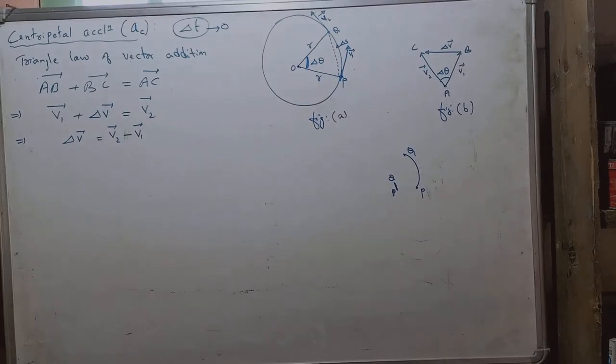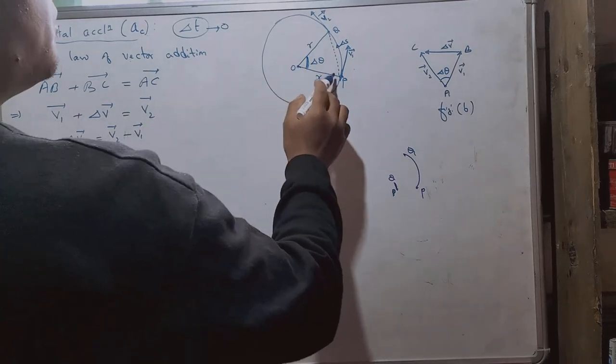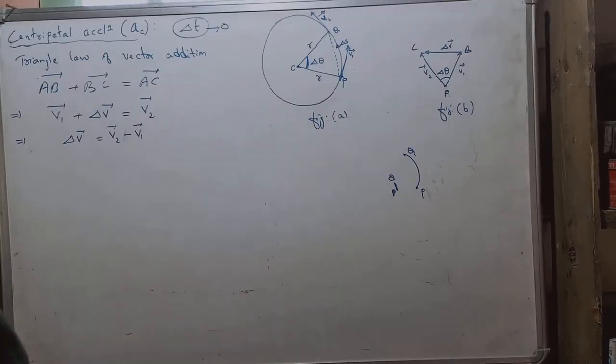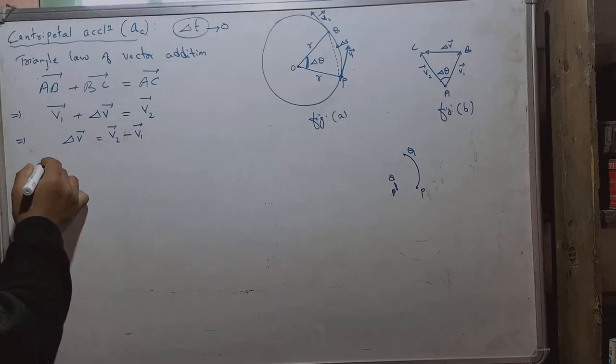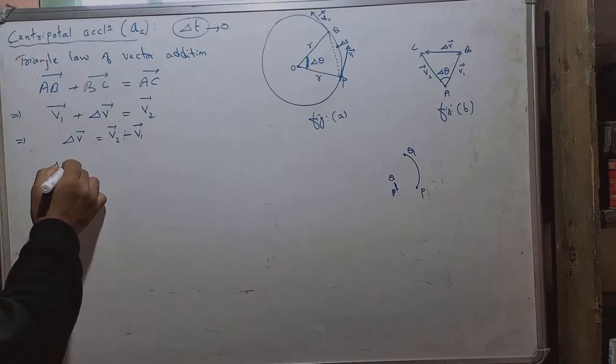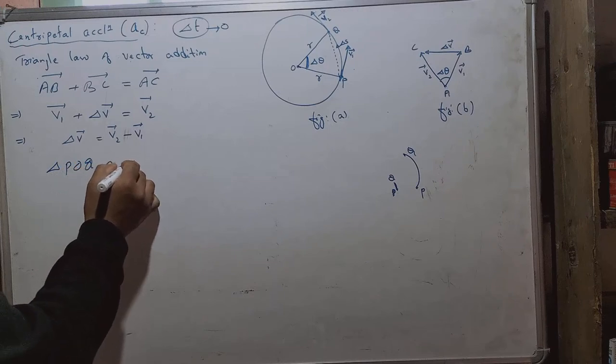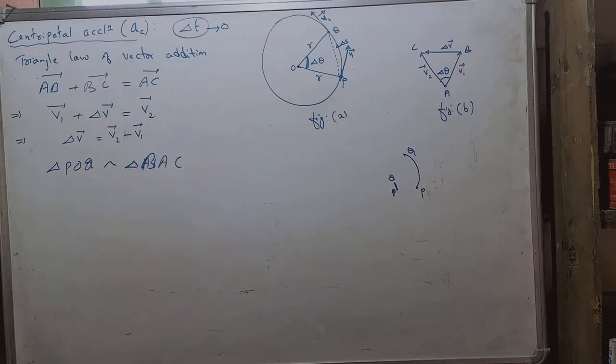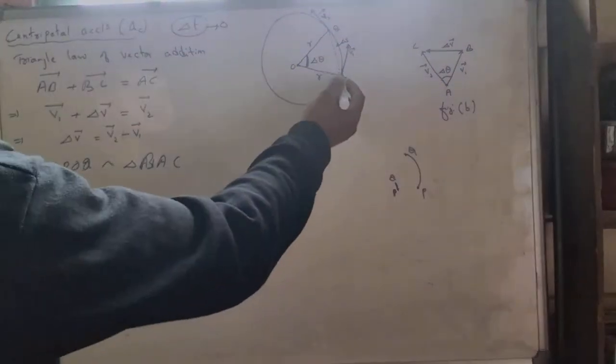Okay. So when you compare the two triangles, OPQ and ABC, you will find that these two triangles are similar. Triangle POQ is similar to triangle ABC. In class 10, I think you might have learned about the similarity of triangles. So when two triangles are similar, the corresponding sides are proportional, which means the sides PQ,